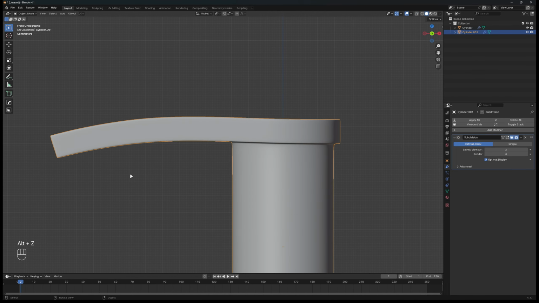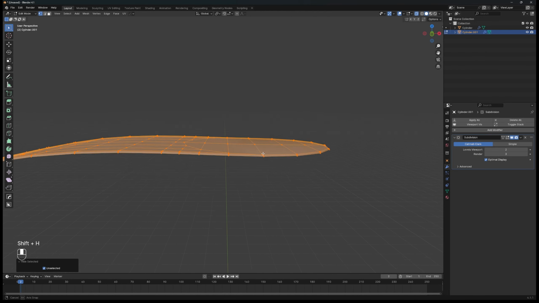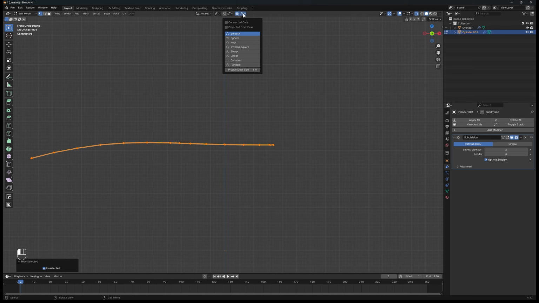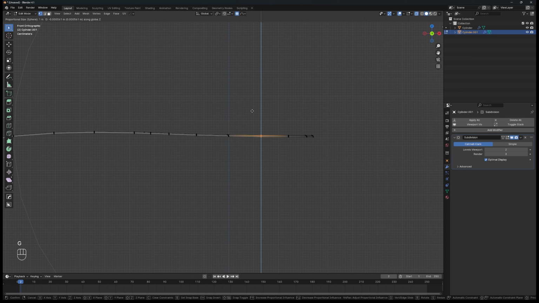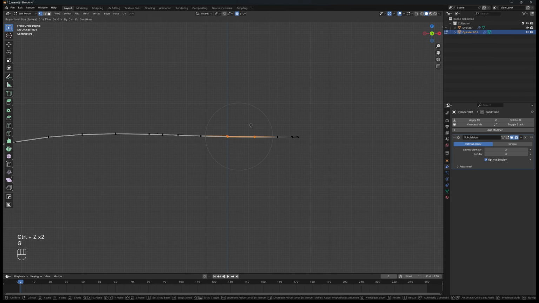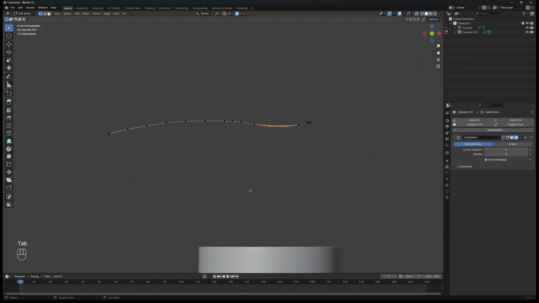In edit mode, select the top vertex only and press Shift plus H to focus on only that selected vertex. Turn on proportional editing, just click the circle symbol at the top of your viewport. Unfold the shape on the right of it and change the shape to sphere. Select some of the vertices and move them down on the Z-axis while scrolling your middle mouse button to adjust the influence. After you're happy with it, press Alt plus H in edit mode to unhide every vertex.